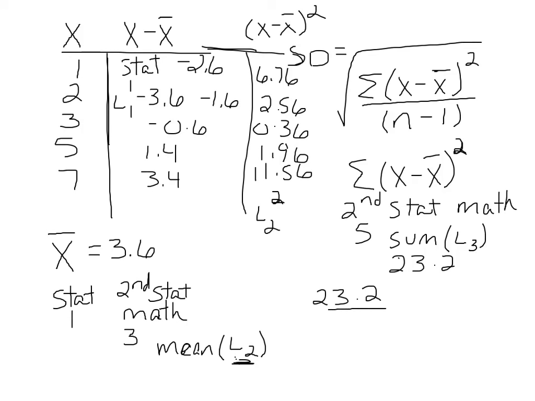So to calculate the standard deviation, I take 23.2 divided by n minus 1. N is how many numbers there are, so there's 5 of them in the list. So 5 minus 1 is 4. You divide